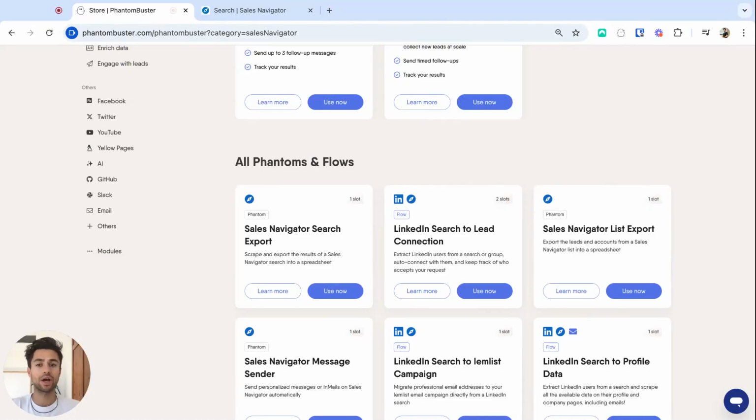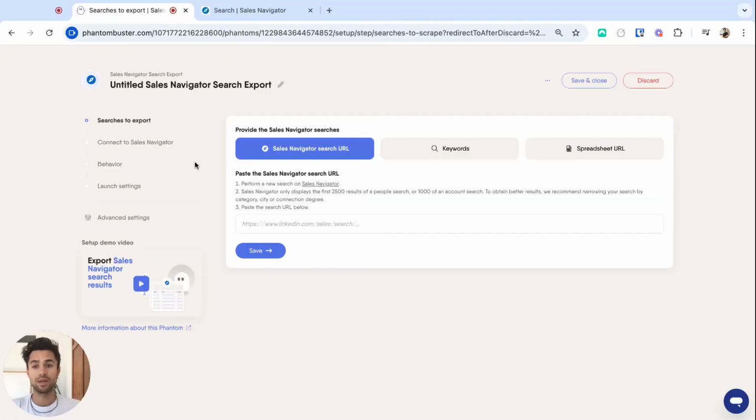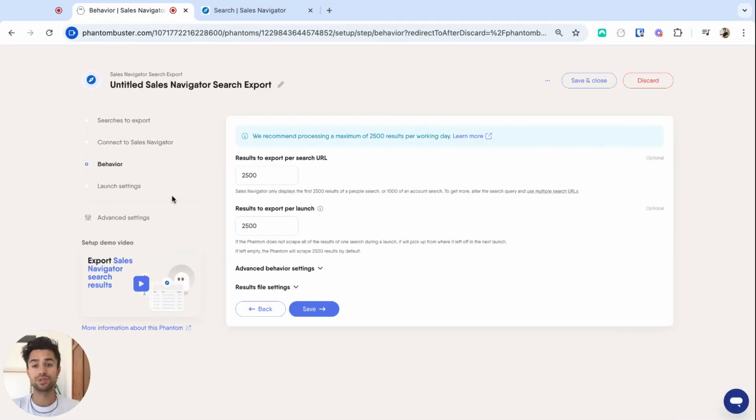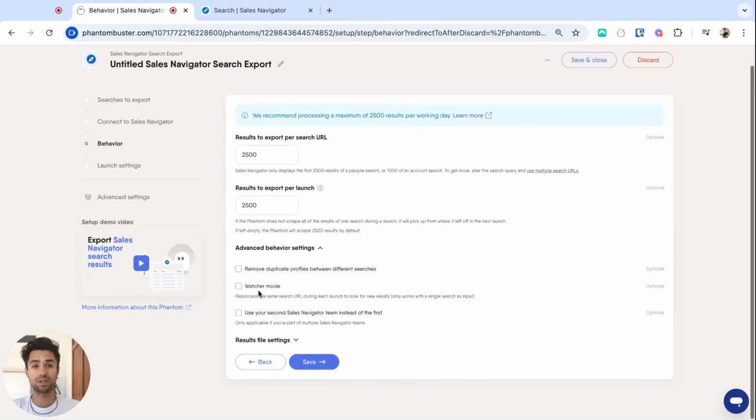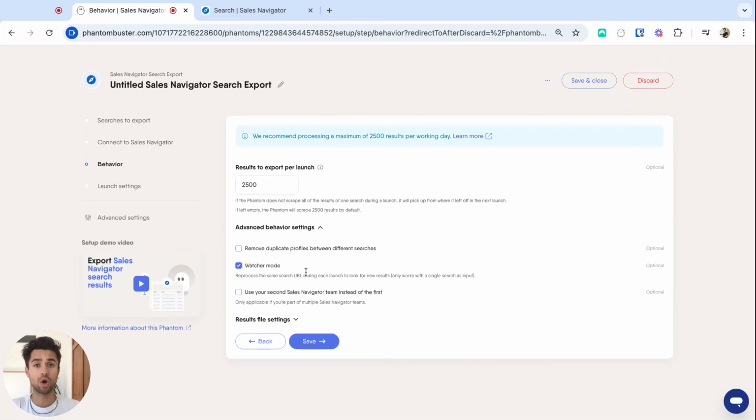So let's give it a try with the Sales Navigator Search Export Phantom. We click on Use Now, and if I go directly to the Behavior step, click on Advanced Behavior Settings, here you will see that you have the option of selecting the Watcher mode. You should always select it if you are planning to launch your Phantom multiple times. And if you are creating some dynamic searches on Sales Navigator in this case, or on LinkedIn,